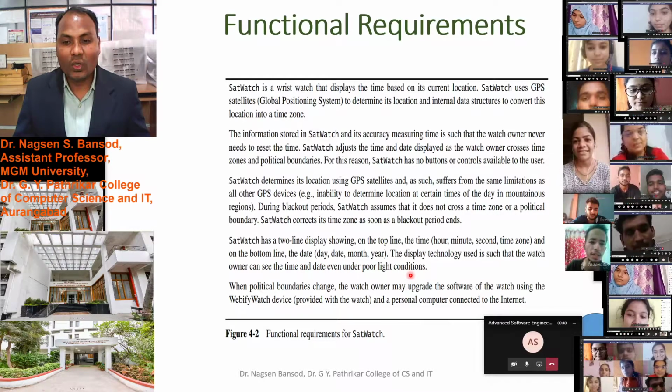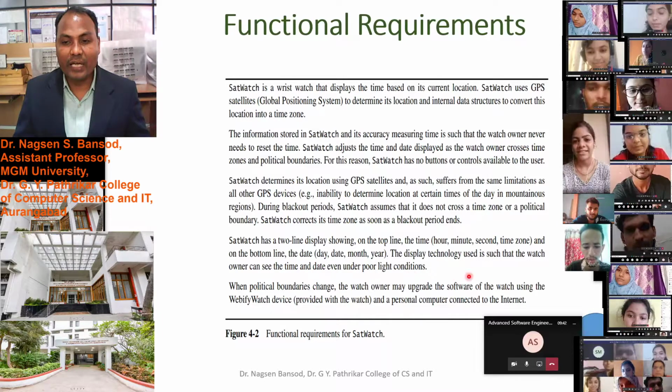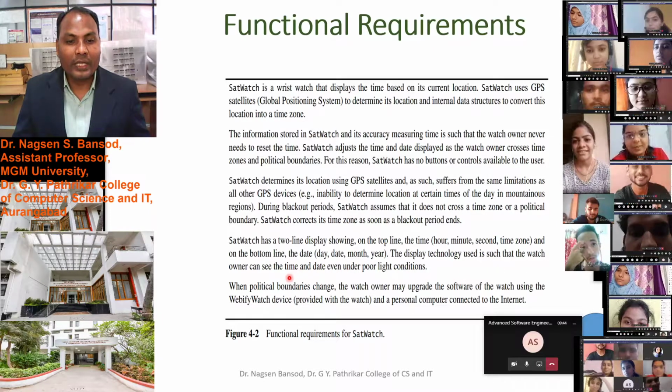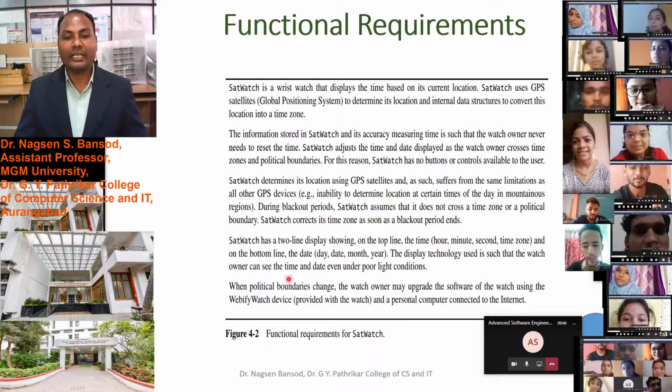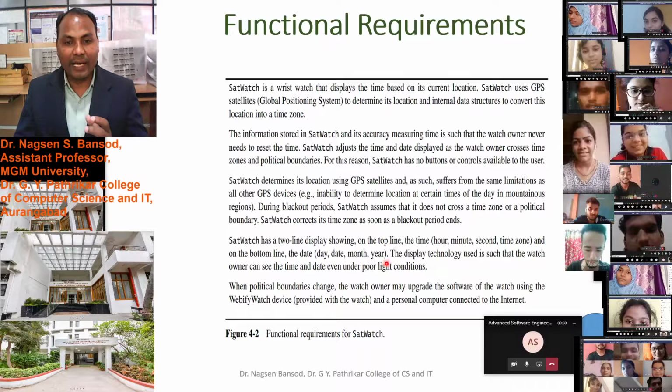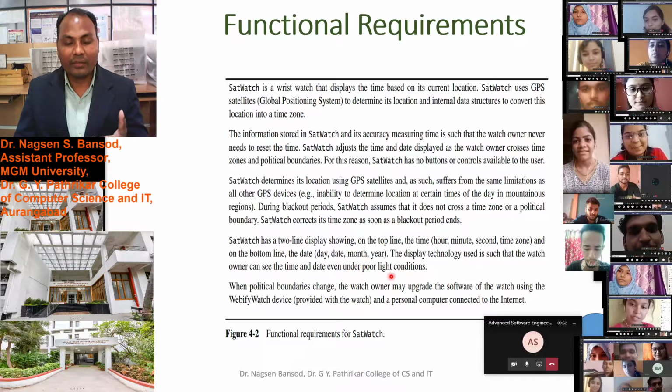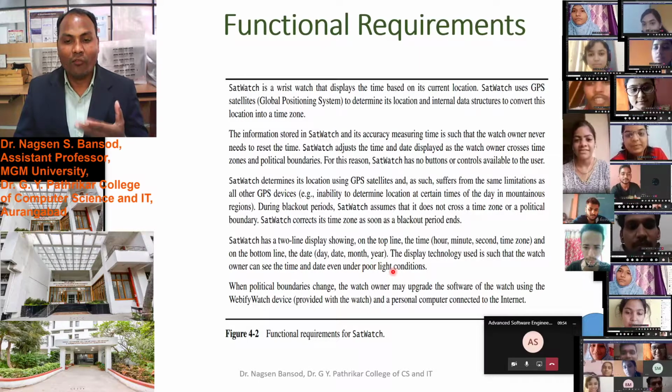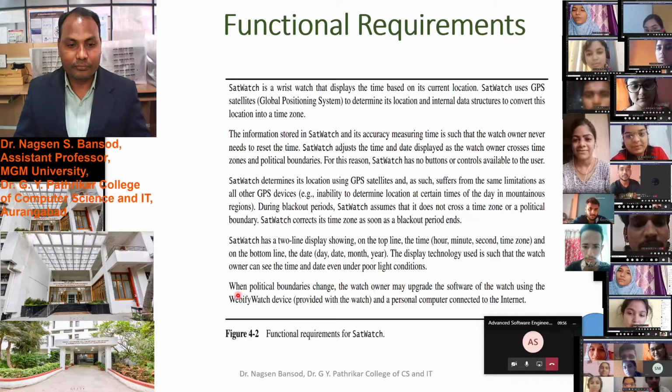The display technology is such that the watch owner can see the time and date even under poor lighting conditions. This lighting condition and the display is also a functional requirement.